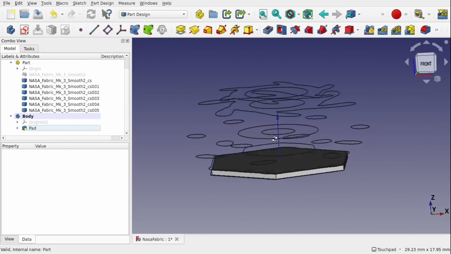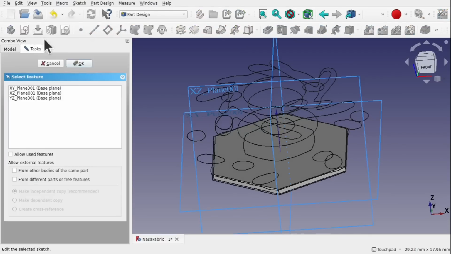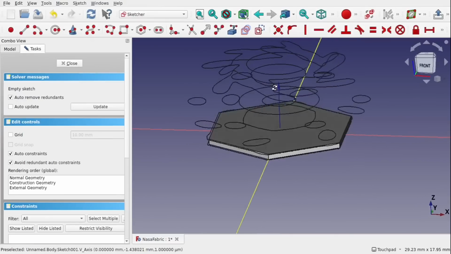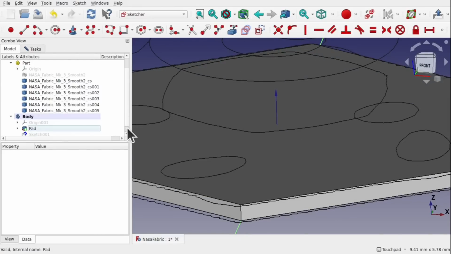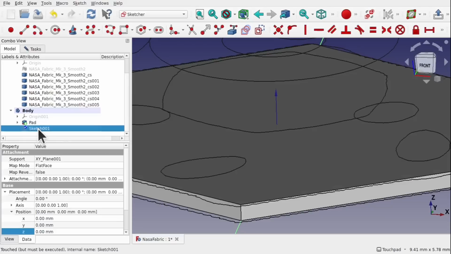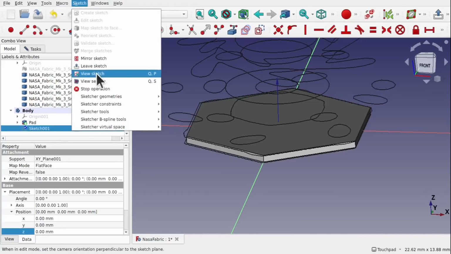Now we're going to do our next sketch. Make sure nothing's selected. New sketch along the XY plane. OK that. And we're aiming to do this one here. So what we're going to do is come over to the model, come down to the new sketch, this one, and we're going to move that sketch. But first, let's do a section view. So I've got my icon somewhere. Well, it's disappeared. Let's go up to sketch view section,